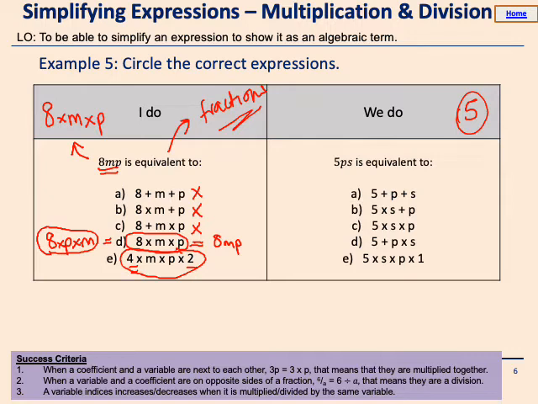Okay, so here we go. So we have 5ps. So it's not going to be the first one. Again, we have an addition here, just like we did up here. So it's not going to be the second one. 5sp. Oh, it's sprung up. So the s and the p aren't the way around that it's represented here, but that doesn't matter,